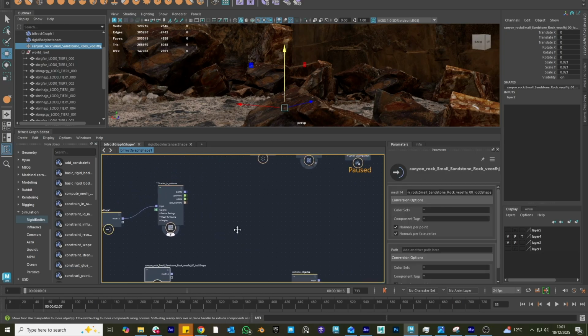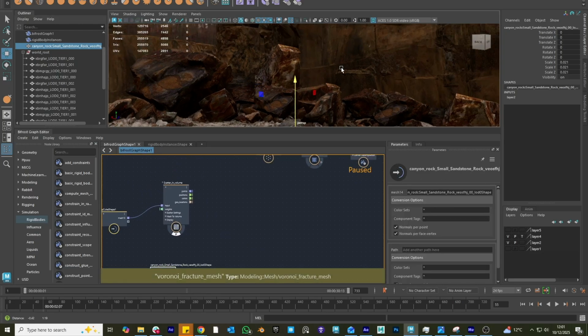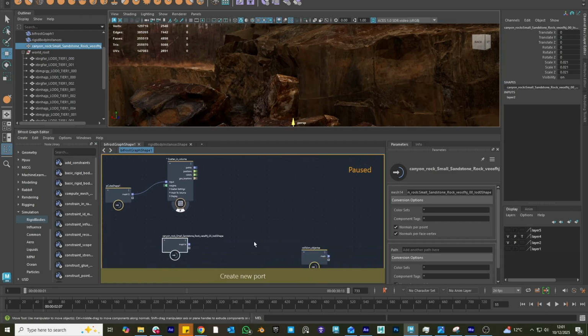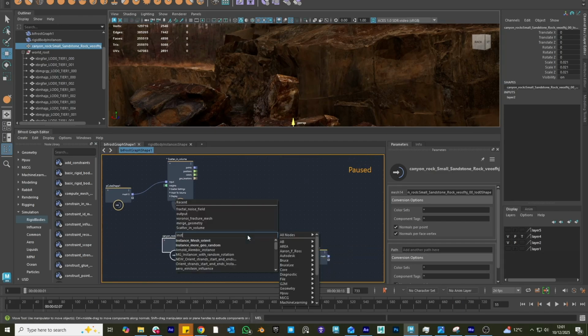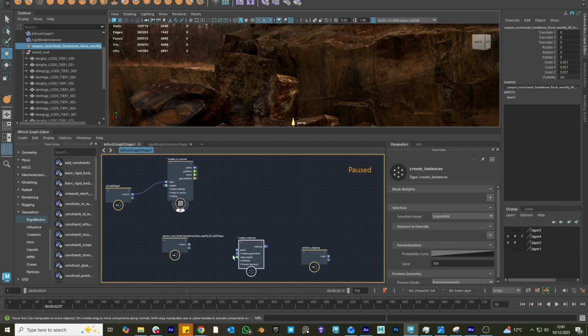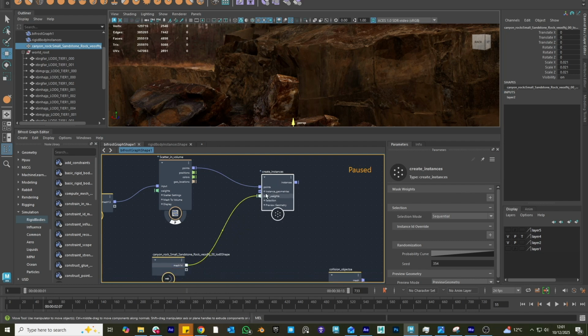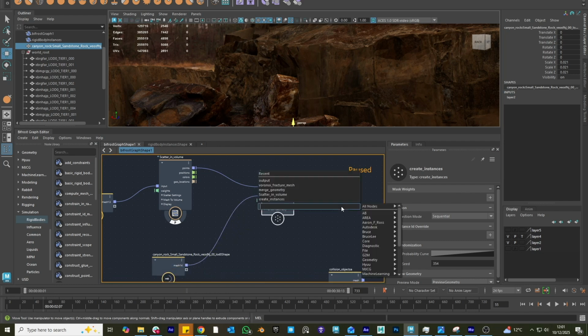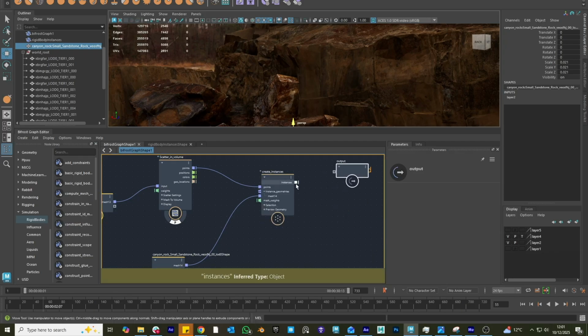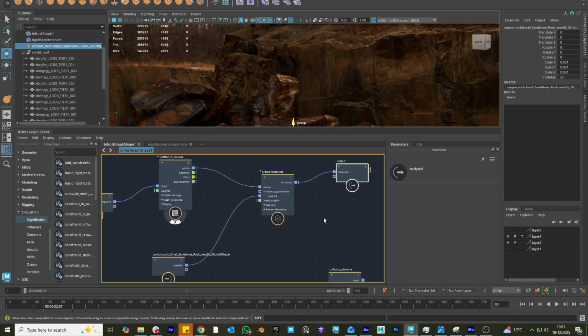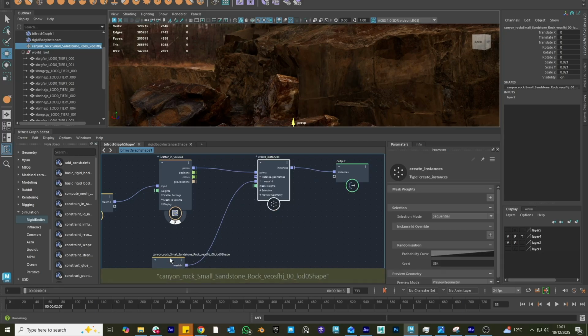Okay, so now we would want to instance all over the points that are there, right? So we're going to start typing instance, and we want to create instances. There we go. And anytime we create instances, we want the Instances node. And so we're going to take the points into the points, and we're going to take the mesh into the mesh, and then we're going to create a little output, because we need an output to see things. There are other ways, and we're going to plug that in there, and we're going to unpause the graph, Ctrl and full stop, and then we're going to see a bunch of rocks scattered